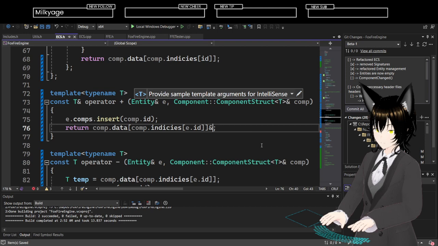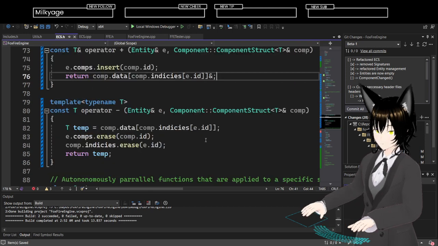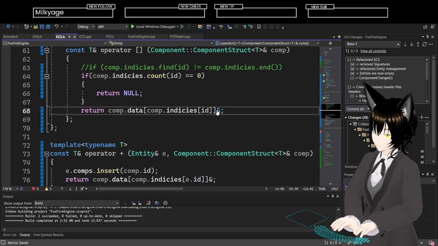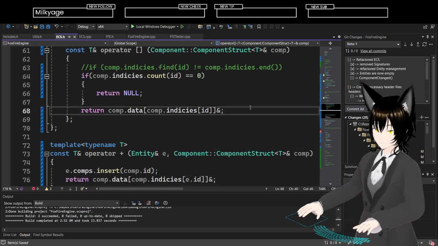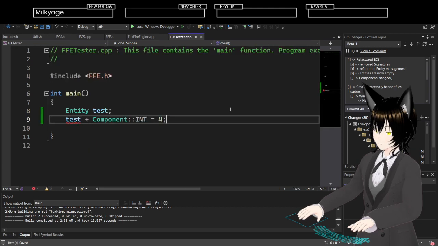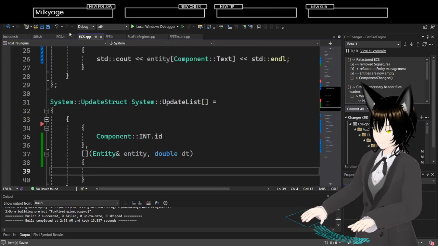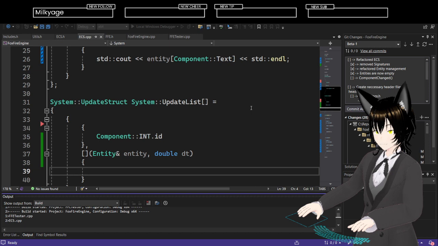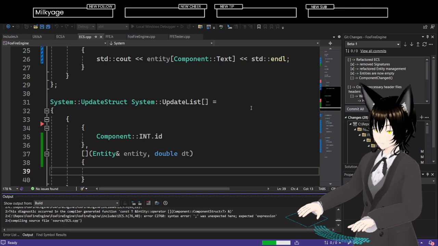That should be it. And this should be a reference as well. Right. And it's still going to be throwing some errors. I already know it is. It's going to fail.